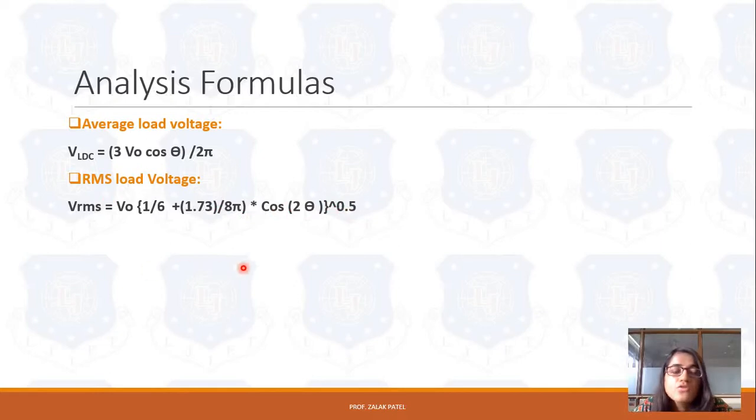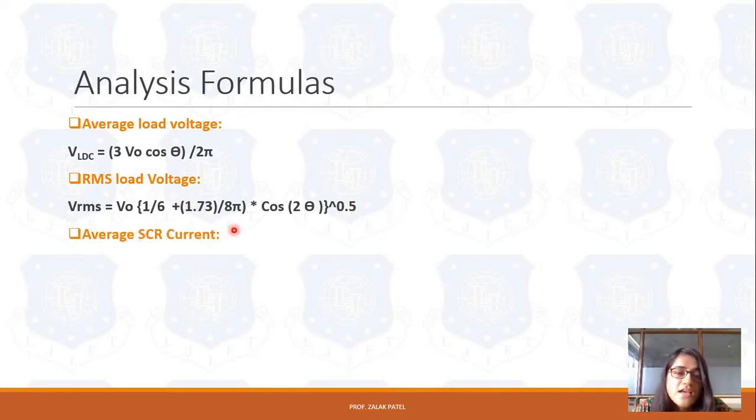You can find out this RMS value by using the same equations and formulas that we used in the single phase equation. Like RMS value can be found using the VLDC, that is Vm square sin square omega t raised to 1 by 2. So if you have any doubt in this proof, then tell me, I can cover this in the next lecture, VRMS.